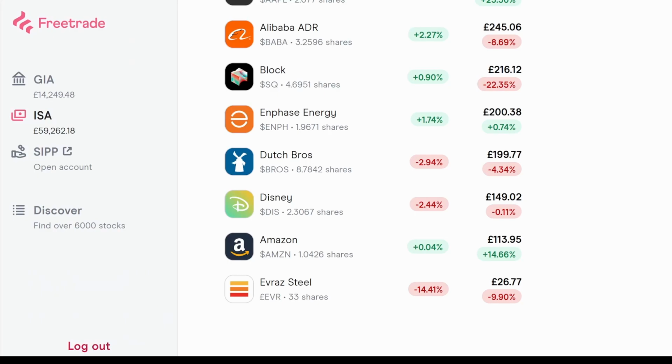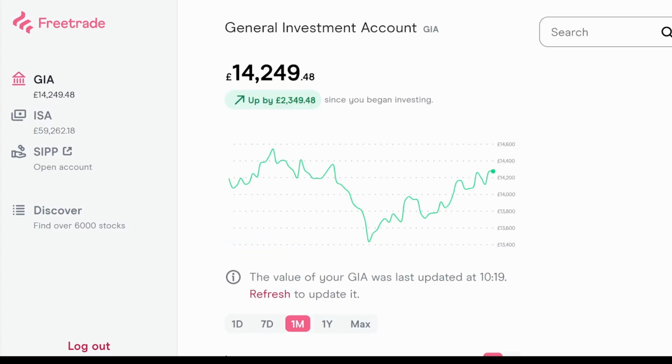So that concludes the stocks and shares ISA. I've still got around £5,000 cash left in this portfolio, and I add in £1,600 every single month. My basic approach is just to dollar cost average into the stocks I have in this portfolio, which I think are undervalued. Moving over to the general investment account, the value of this sits at